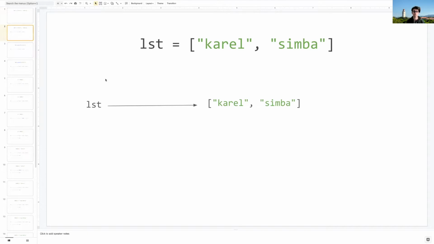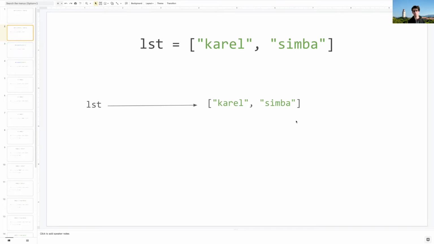So really what happens under the hood is LST, the variable box, still only contains one thing, but that thing is the location of our list somewhere else in the computer. Now that's really helpful because it allows us to think of LST as just like a luggage tag for this list, or a reference telling us where to find this list in our computer. So that's helpful because now whenever we start calling methods or doing things to this list, we're going to be able to follow this arrow and modify the list in place.